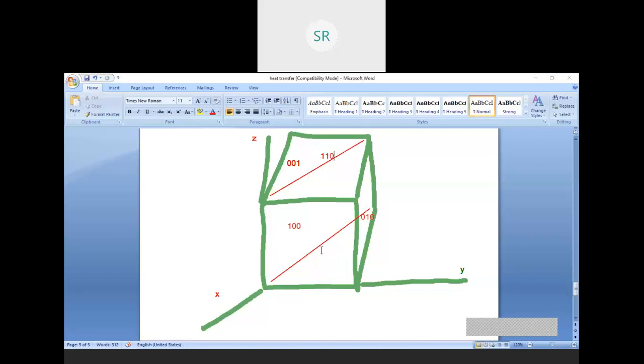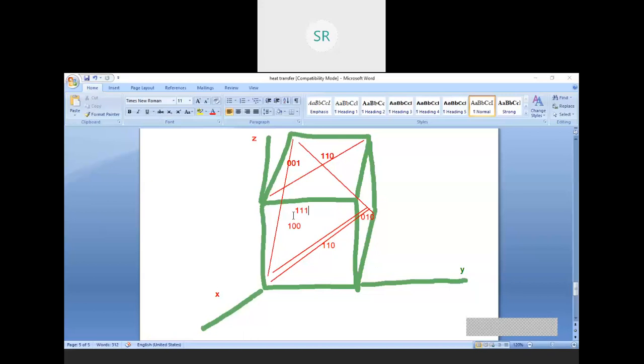Similarly, this diagonal face also 1, 1, 0. And if I take the inclined face, all the inclined I'll get, it is 1, 1, 1.